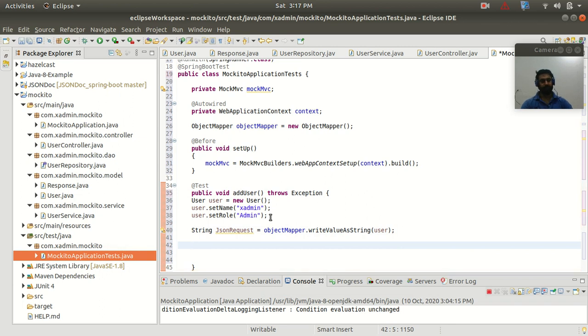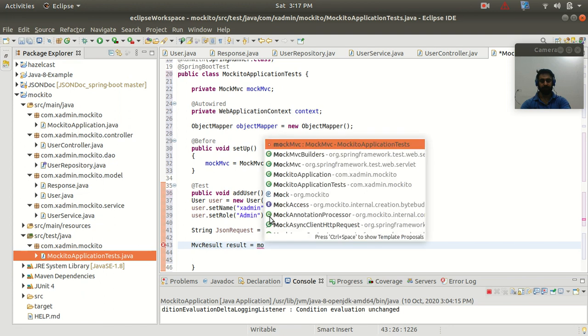And now we are going to write our test condition. So for that, MvcResult. Here I will store this MvcResult, and we have the mockMvc.